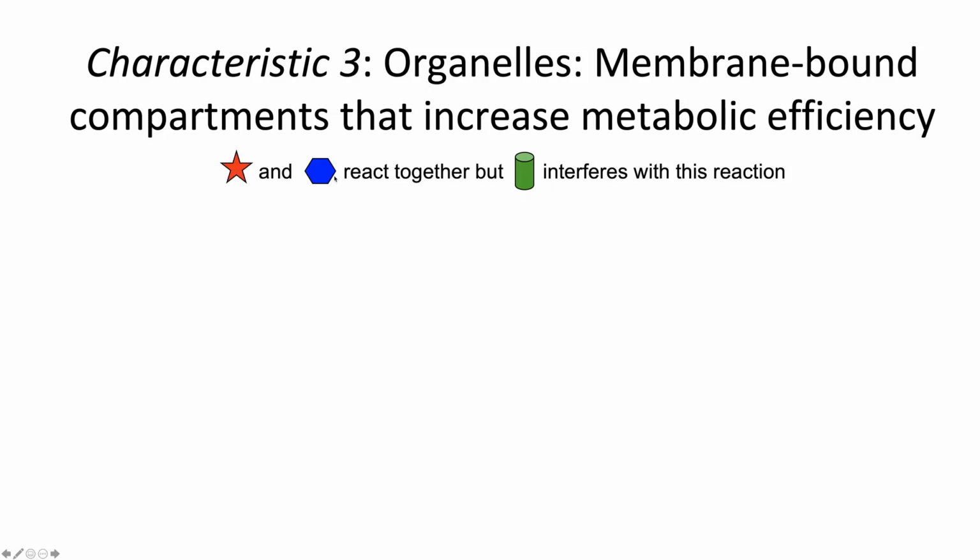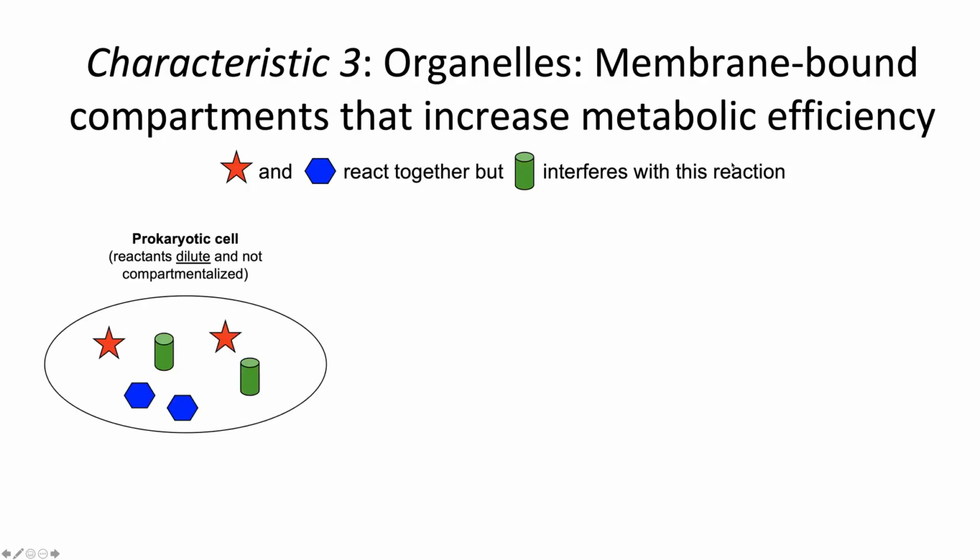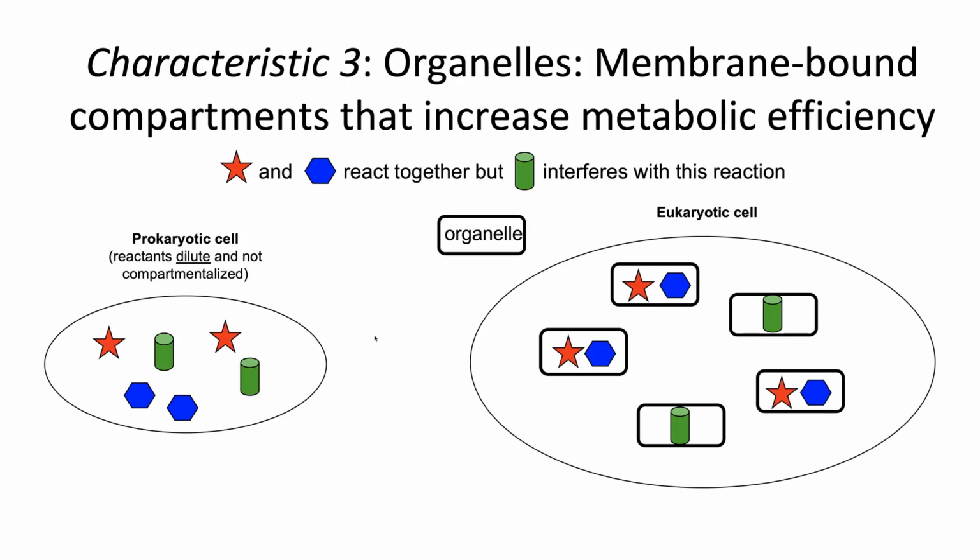So this and this react together, but this interferes with the reaction. And so if you have a prokaryotic cell where there's no organelles, there's no compartmentalization, basically you have all of these chemicals floating around within the cell, and this green chemical can interfere with the interaction of these other two chemicals that are important to have together to react for some important reaction within the cell. Whereas in eukaryotic cells, you can have an organelle, and that organelle can basically specialize to concentrate and separate